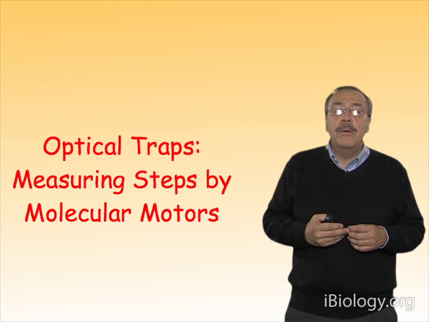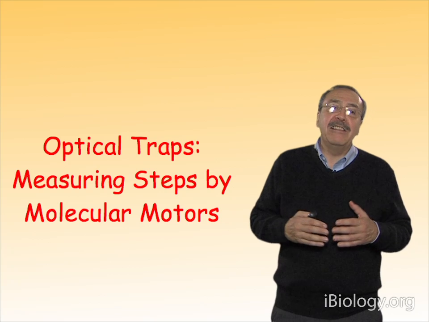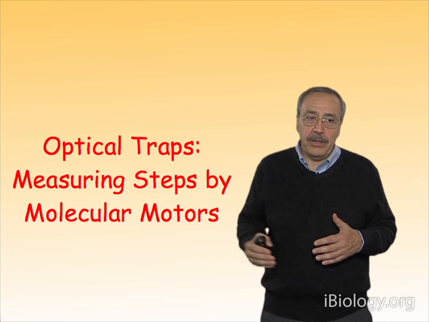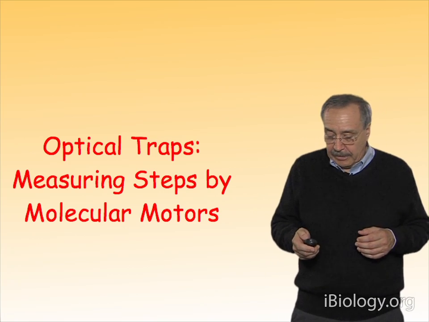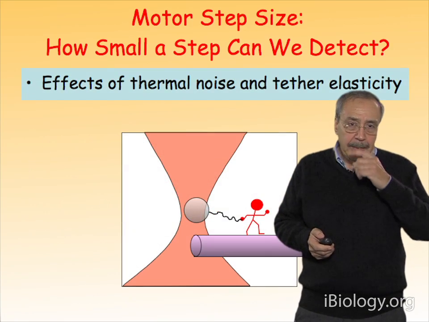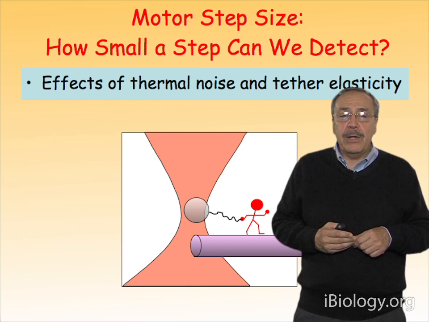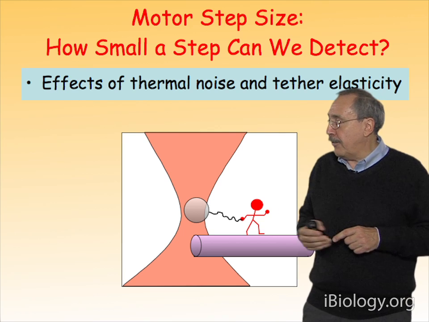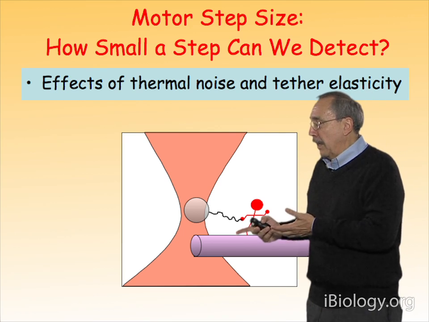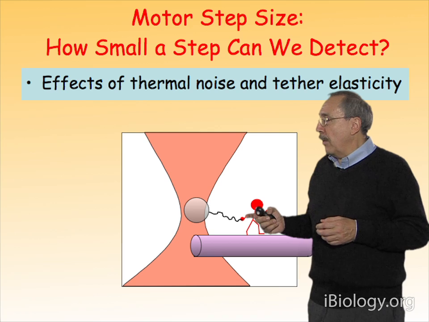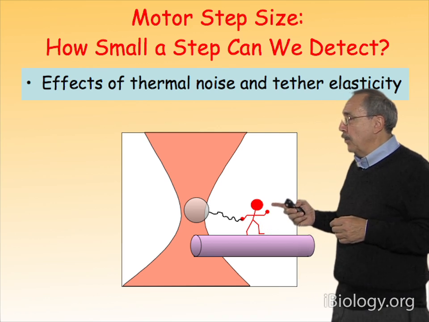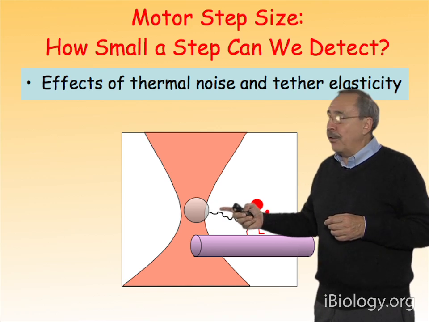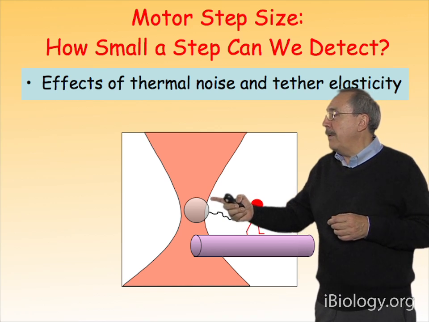And so how well can we resolve a given displacement due to a conformational change, as I said, or a movement of a motor on a track is an important consideration. So imagine that we actually are studying a motor. For example, it could be kinesin, and is moving on a track. In this case, you can imagine this is a microtubule. And what we've done is we have attached our motor, which is shown here, like this little red guy here. We have attached it by some kind of tether, shown here in black, to a bead that is in an